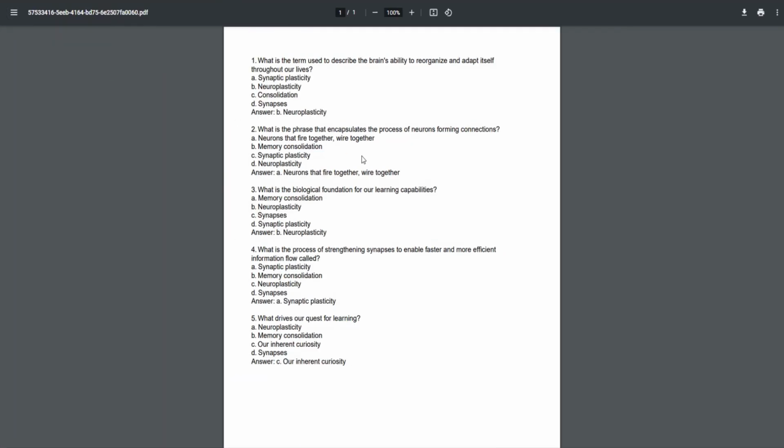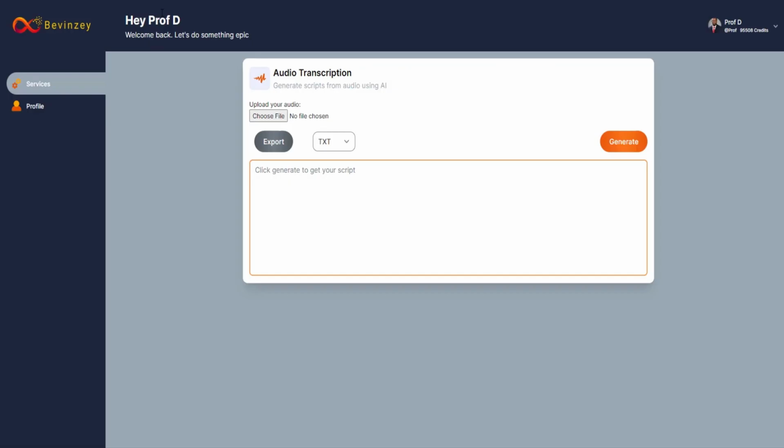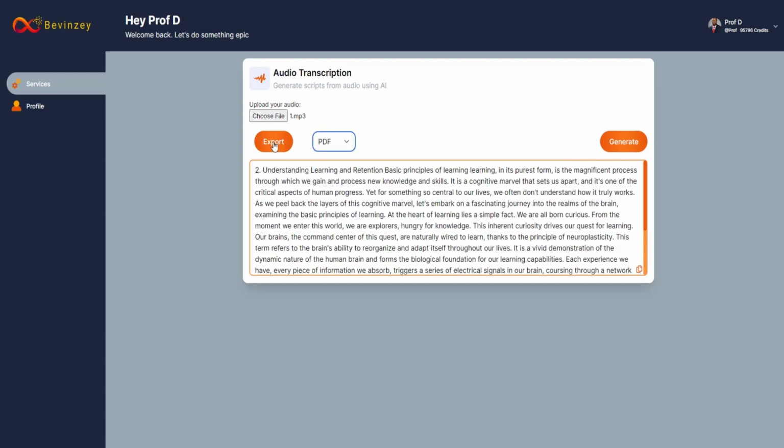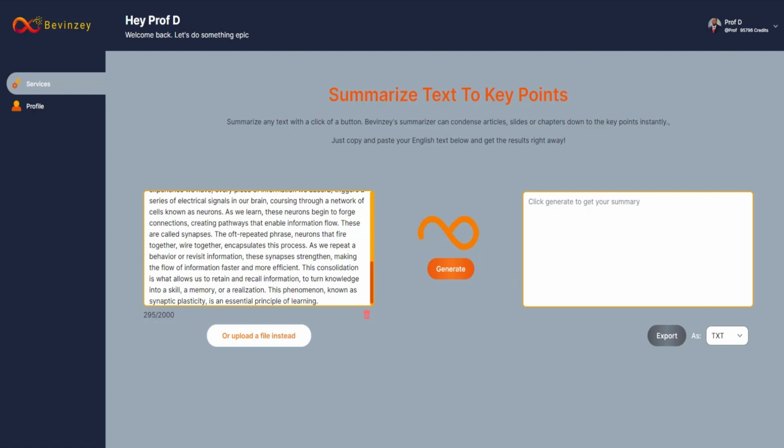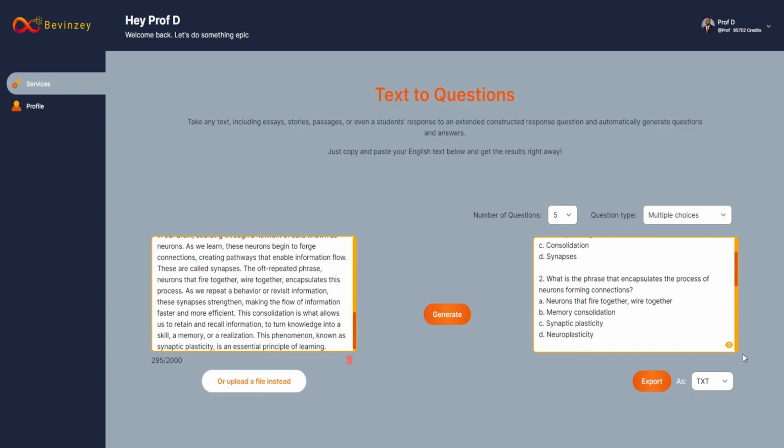And so now what you've done is you, within a few minutes, have taken the audio recording, you have a summary, and then you've generated questions that you could use in your studying. Now, this is an awesome workflow that will really help you cut down the time it takes to process the material that you need to study. And so now the utility of Bevinzey's audio transcription module is that you're not just listening to information. You can now take that information, have it transcribed, interact with it, engage with it, and more importantly, use the tools within the Bevinzey to generate key points from the transcript, to generate different types of questions from the transcript. And so you are developing tools that will help you master the